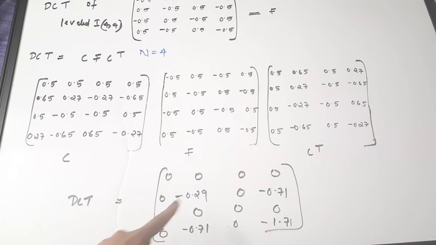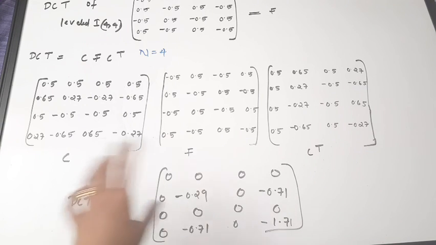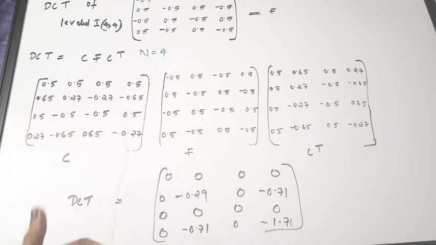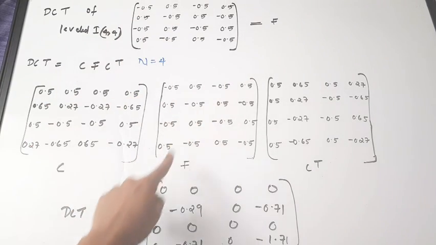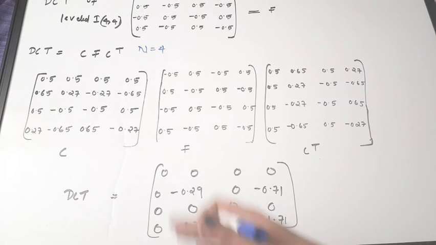You can clearly see that there are only 4 elements present and all the rest of the elements have been converted to 0. So the other elements are 0, only 4 elements are present here. Clearly, this was our original image matrix, and now it is of this form. So clearly we have compressed the image. This is how we can compress an image by performing the discrete cosine transform operation.